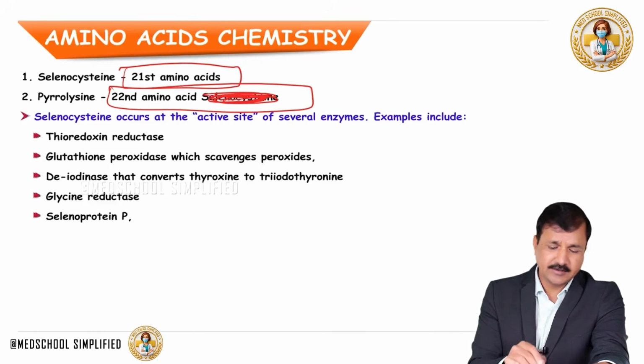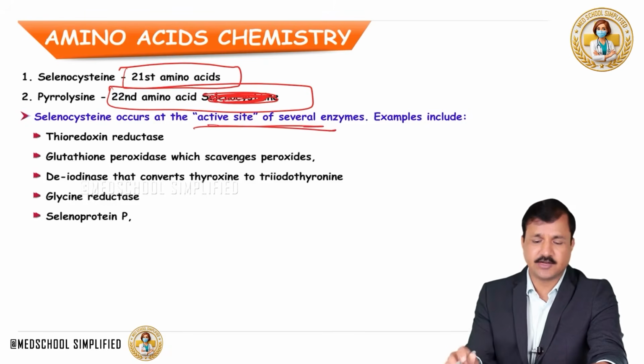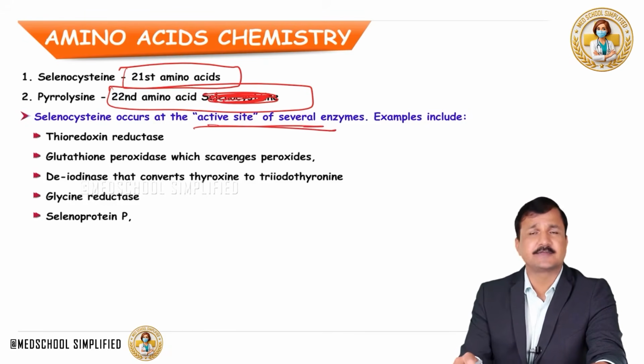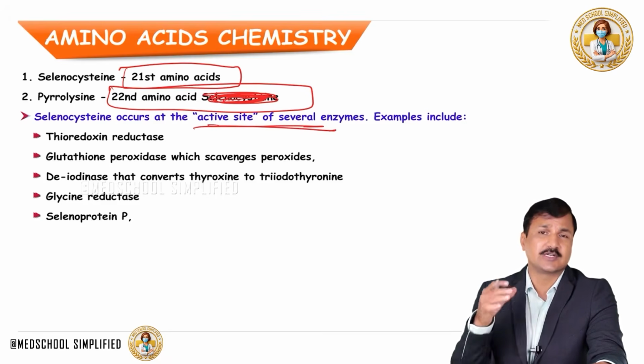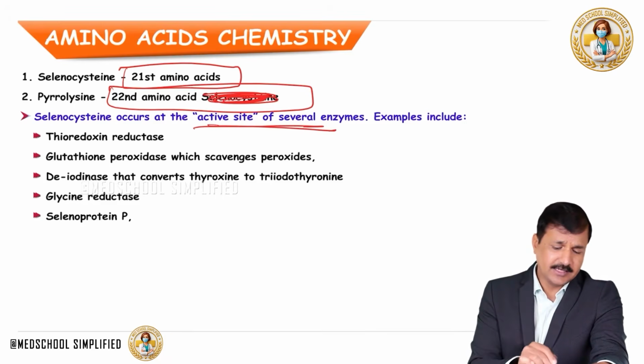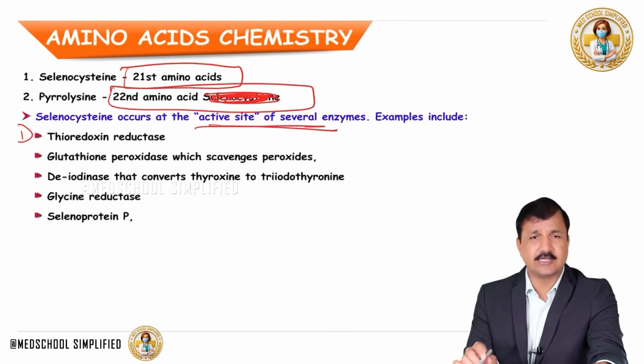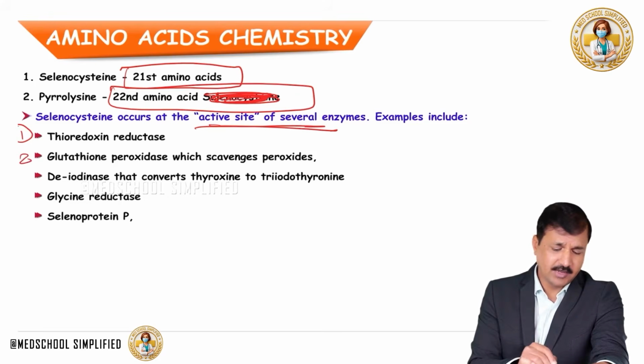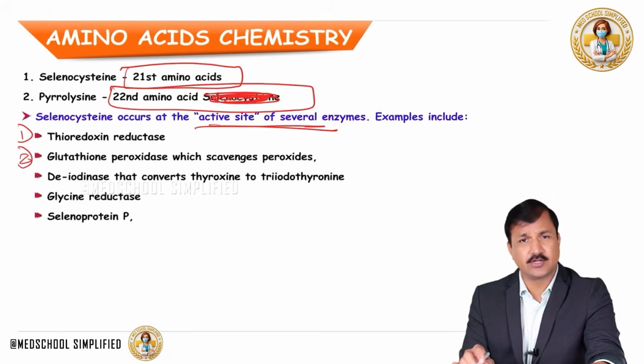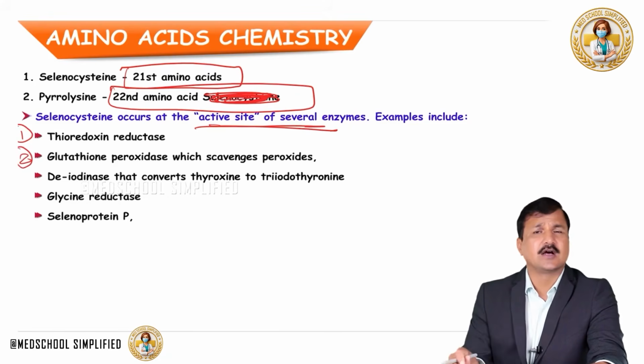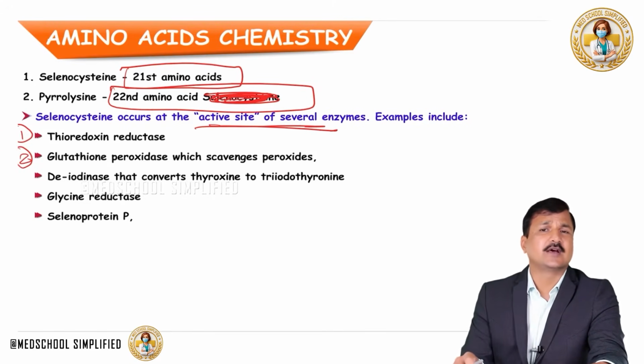Selenocysteine occurs in the active site of several enzymes in our body. What are the enzymes that contain selenocysteine, the 21st amino acid? We have thioredoxin reductase enzyme, which is involved in deoxynucleotide biosynthesis. And then we have glutathione peroxidase, which acts as a scavenger of peroxides. Basically, hydrogen peroxide related reactive oxygen species or free radicals can be scavenged by glutathione peroxidase mediated action, which is